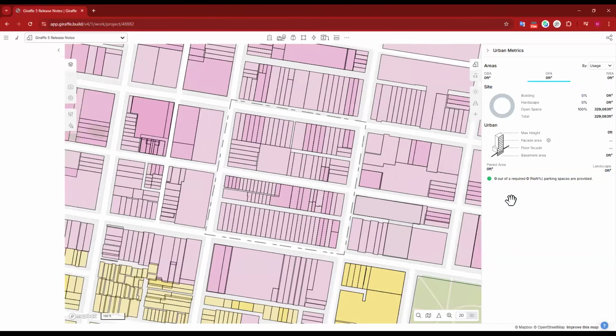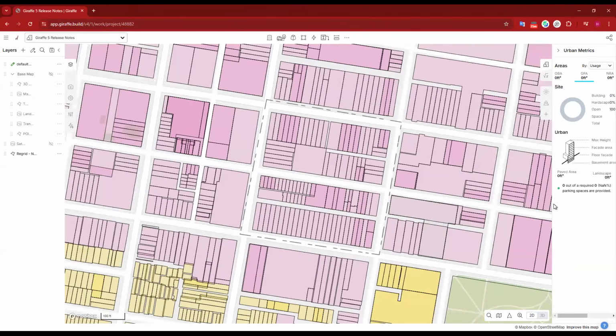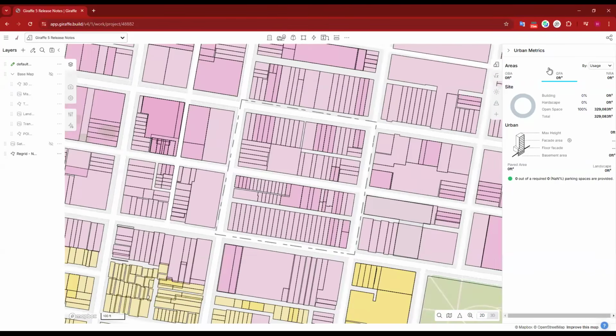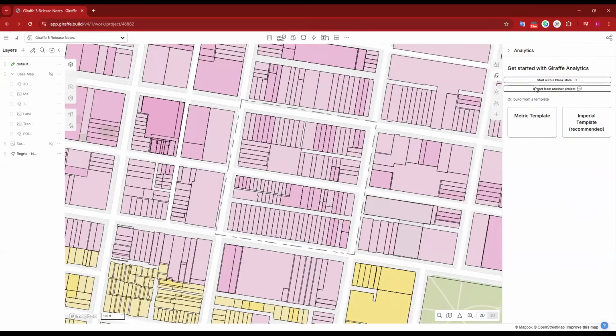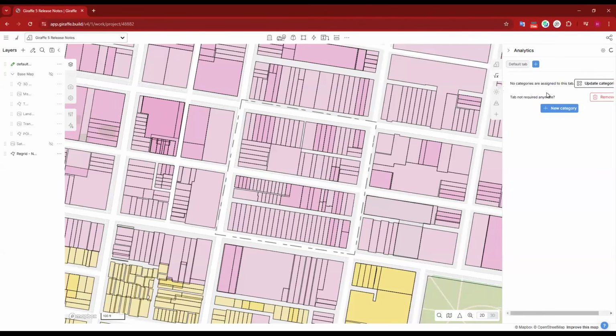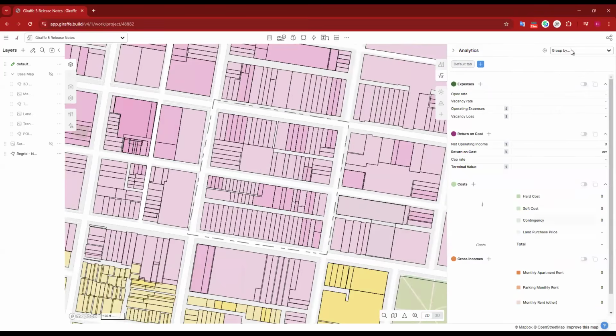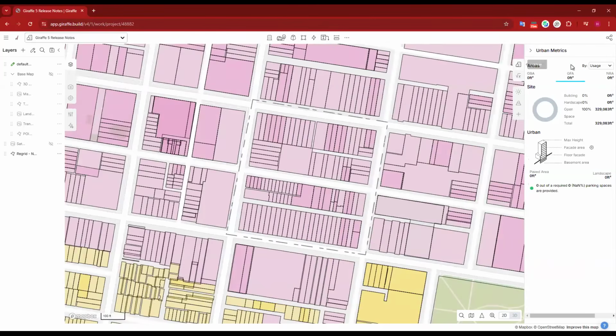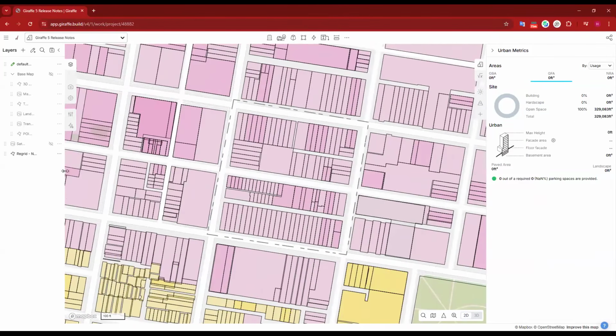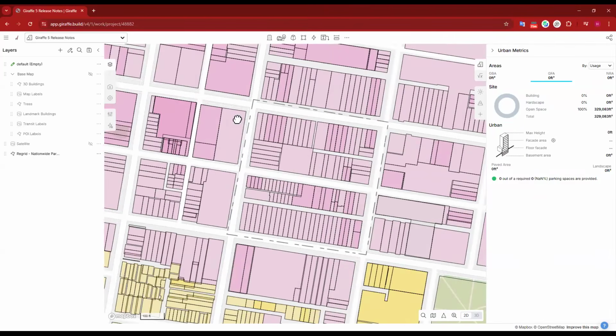So they can, in both places, do some cool stuff. You can resize the panels by clicking on the edge and dragging it. This is really helpful, I find, especially in things like your analytics tab, where you might have a lot of things going on in here, and maybe you need a little bit more space. So I love using that in more detailed reporting. It's also useful if you have